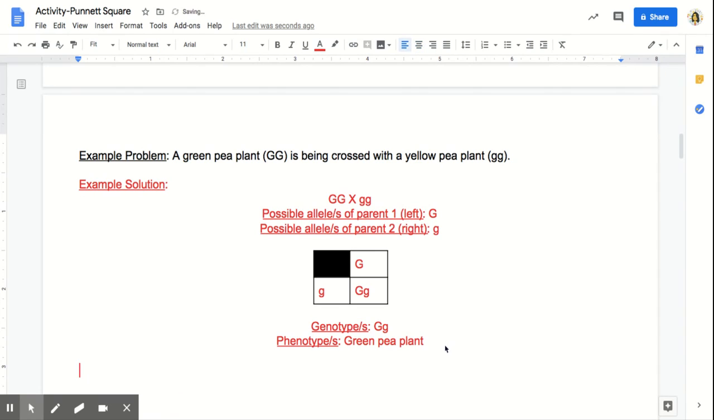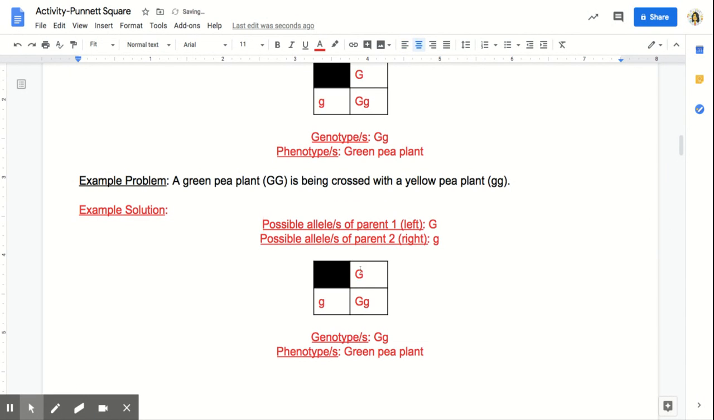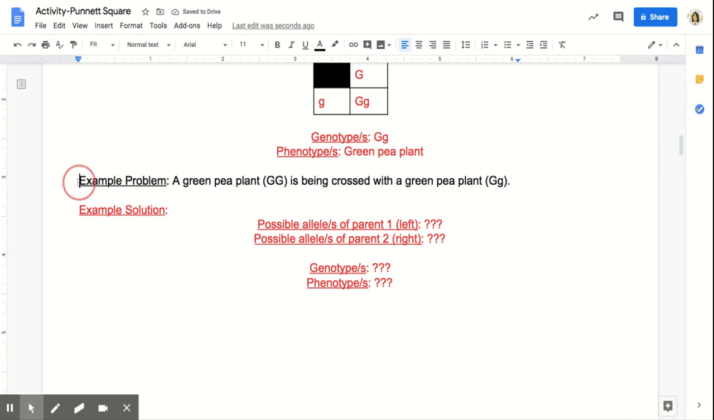One more example. Right. What if we are pairing... These are all still question mark. What we are pairing is a green pea plant, which is a homozygous dominant, and another green pea plant, but a heterozygous. Okay, and we're also gonna do the same thing